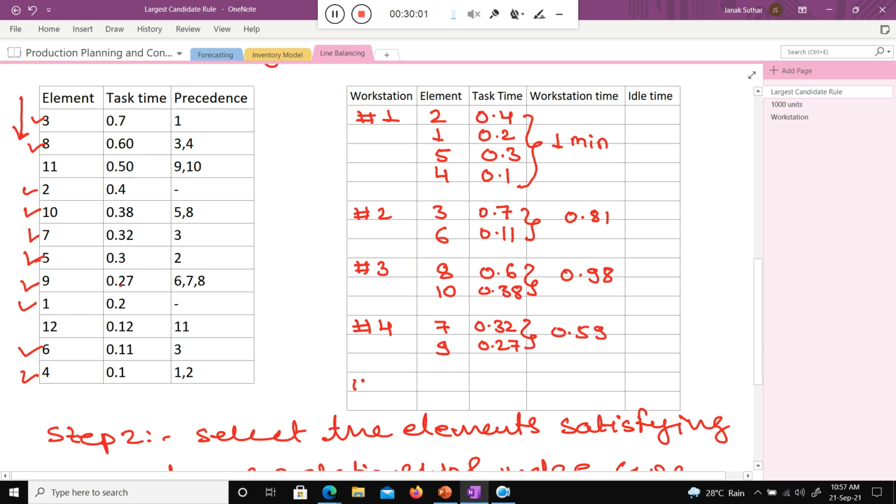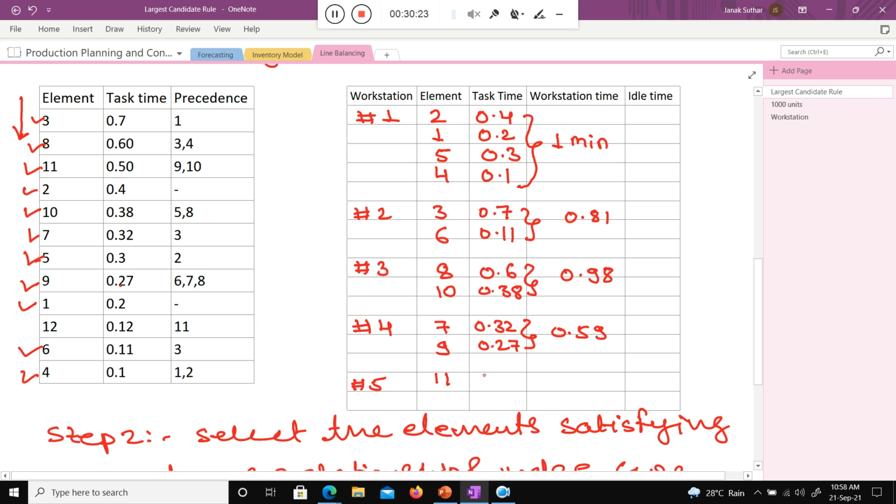Now workstation 5, because still we have not allocated all the work elements, right? So I go from top to bottom, and 11 is pending. Can I consider 11? Yes, because 9 and 10 are completed. I consider 11 here. And what is the time for the 11 element?